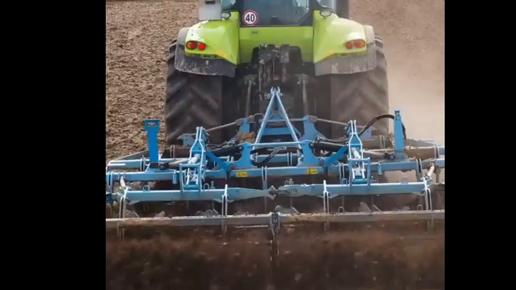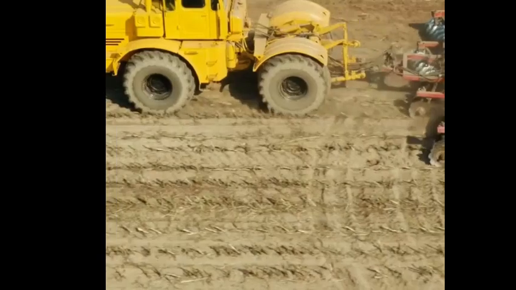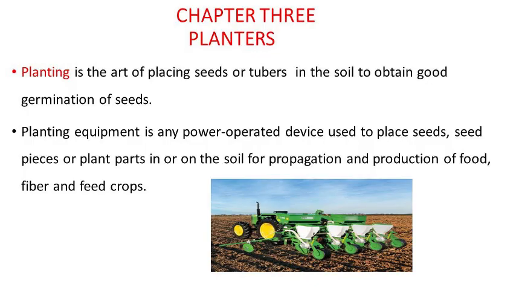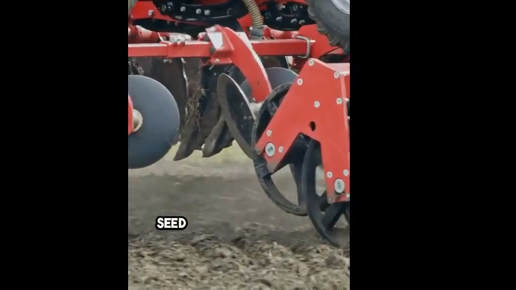Under chapter 2, we will discuss tillage: what tillage is, the objective of tillage, types of tillage practice, types of tillage implements, and what types of tillage implements we use for primary tillage, secondary tillage, and tertiary tillage. Under chapter 3, we will discuss planting equipment, starting from the classification of planting equipment,